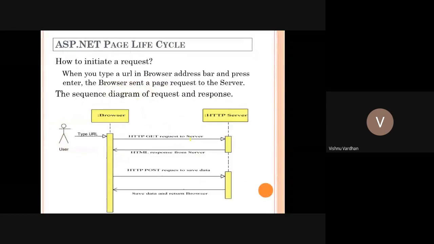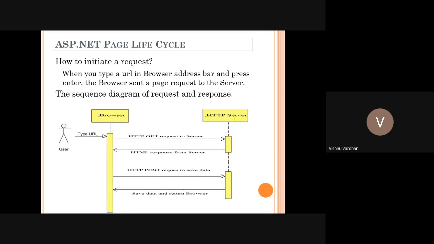How to initiate a request? If you have created any sequence diagram in software engineering UML diagrams, you must understand how to create a sequence diagram and why it is important. By specifying with a sequence diagram, we can show the mechanism of the page life cycle so that it can be easily understood.